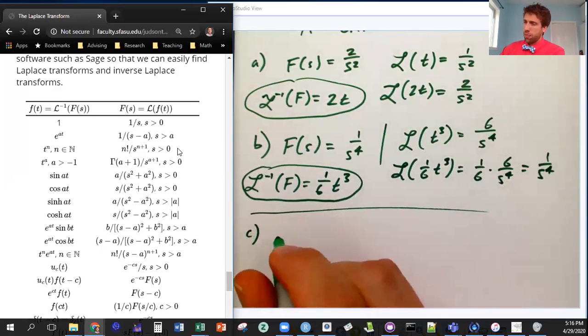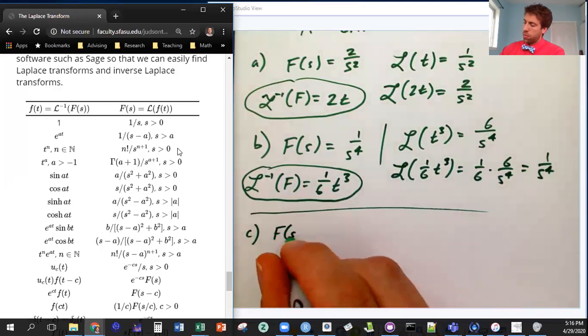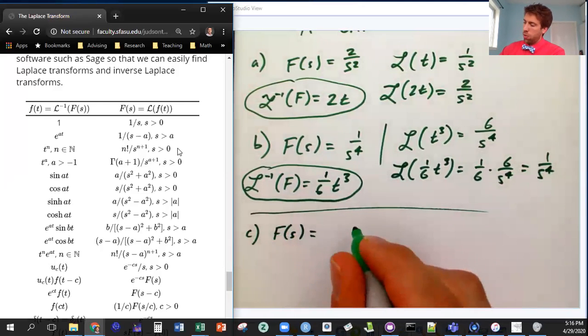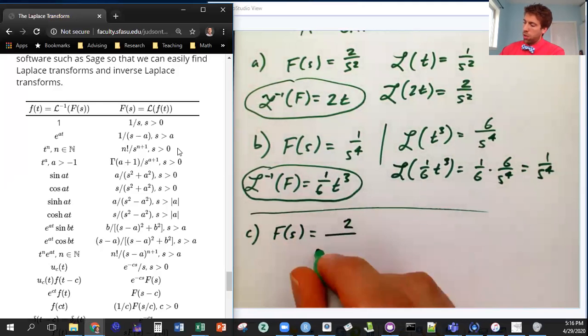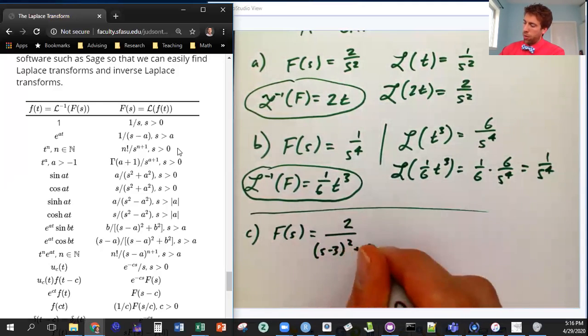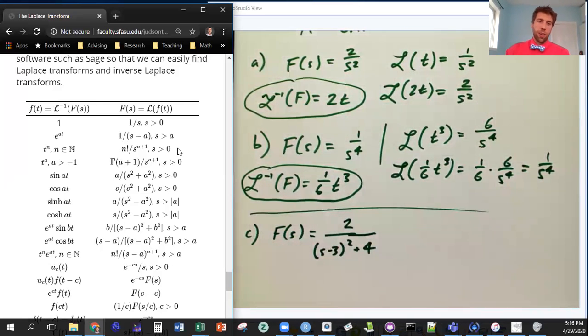F of s equals 2 over s minus 3 squared plus 4. Okay, now we're having some fun. Now, what sort of things in here look like that? A number over, so sine of at looks a little bit like that,